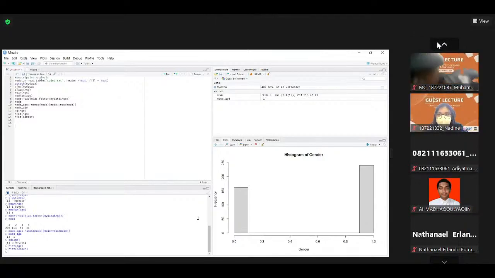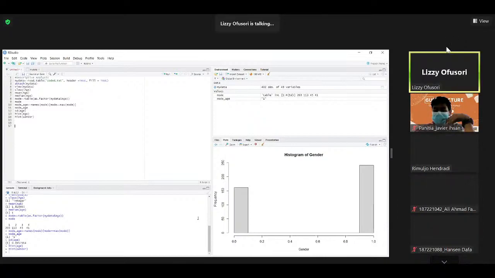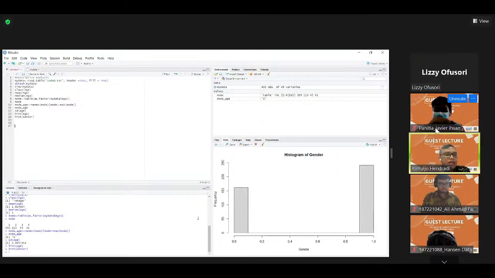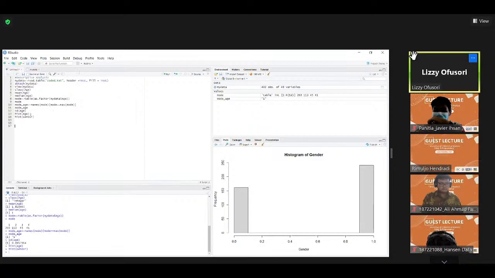Okay, if I get you correctly, you are asking how to use the pie chart, bar chart. Is that what you asked? Yes. Now, for RStudio, histogram is an inbuilt function that we can use. But for all of those other charts, you have to install it. You import it. We call it ggplot. ggplot is one of them. You can also